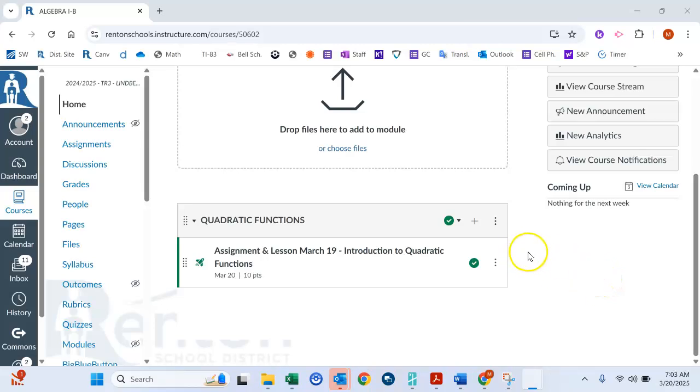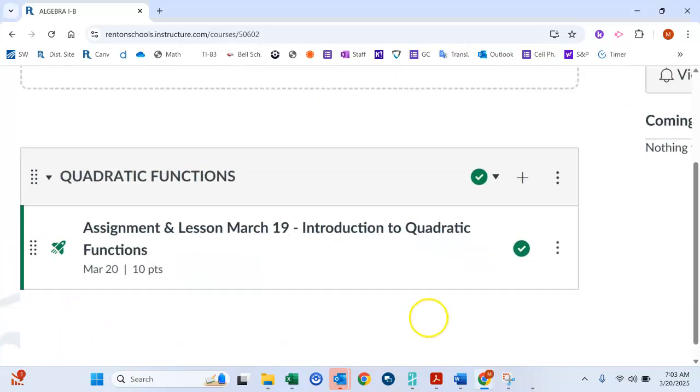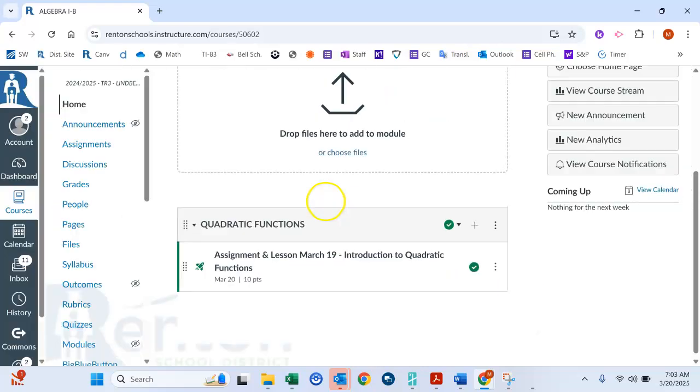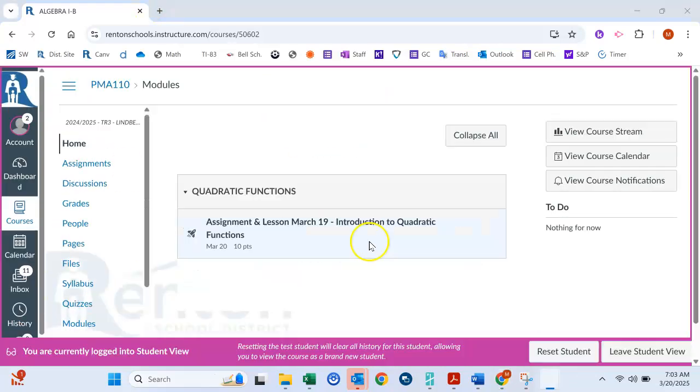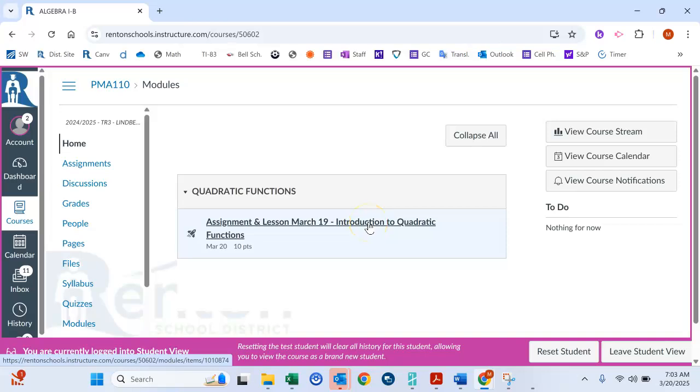Okay, good morning. Today we are going to learn about quadratic functions. And the assignment today is right here. So please go to the home page. Go to the home page and click on that. Okay, when you click on that,